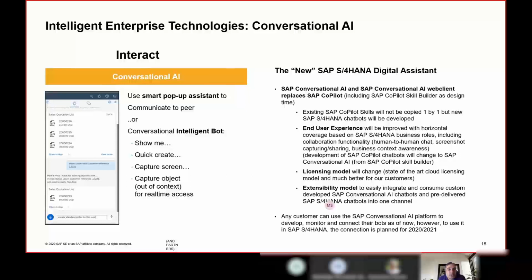From the conversational AI point of view, you can also have a collaboration where the end users can capture the screen and share it with the departments or the team who are actually responsible for taking an action. There are again various functions embedded over here, which are nothing but a kind of digital assistance for the users to make the business scenarios more efficient.